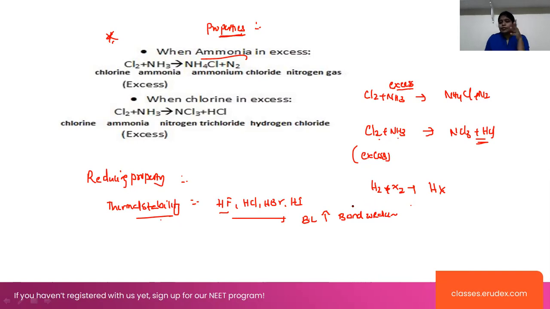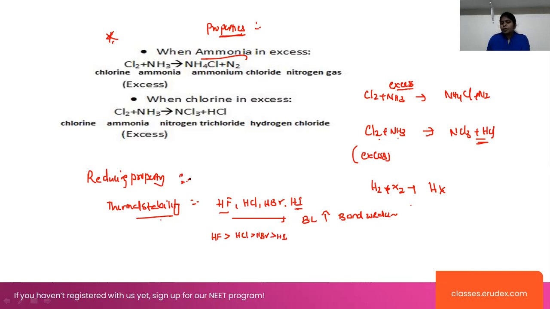They can easily break into atoms here. So that's why we can say that HI is thermally unstable. Whenever the size increases, the bond length becomes very high and the bond becomes very weak, so providing a little temperature, it will dissociate. So the thermal stability order will be HF having the highest thermal stability, then HCl, next HBr, and next HI.